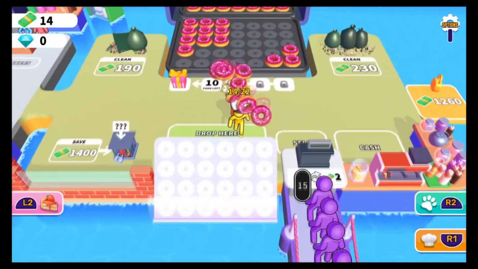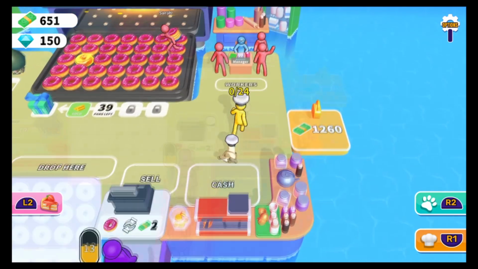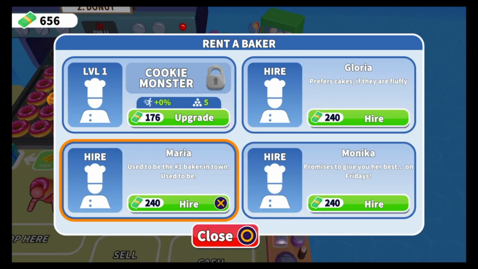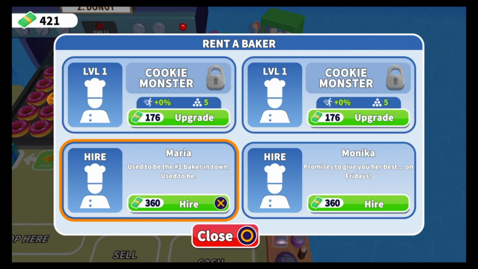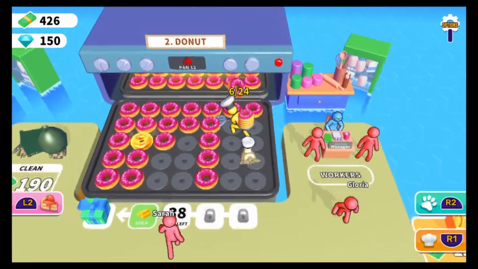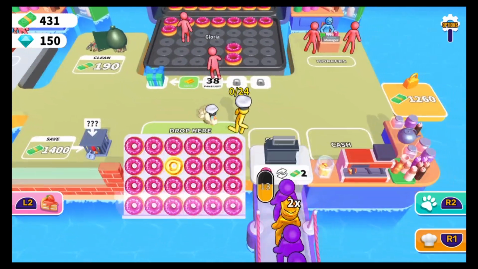Baking Time follows a similar principle to mining games, where you get given an oven and you scoop out different cakes and sweet treats that you've been baking, and then you deliver them to your shop front to sell to the customers at the till. Once you've cleared a certain amount of pans and sold a certain amount of baked treats, you generate money,